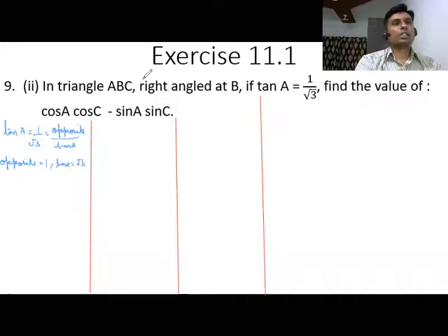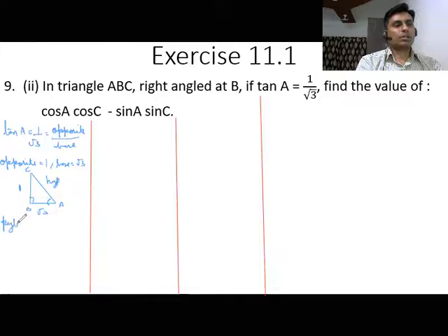So now I can construct my right angle triangle. Let's say this is my right angle triangle. So in this triangle, this is A and right angled at B. This is B. So therefore this is C. Now which is the opposite? CB is the opposite. If this is 1, AB is a base becomes root 3. So I can find the hypotenuse.